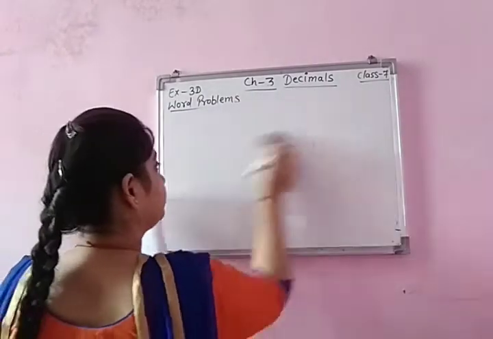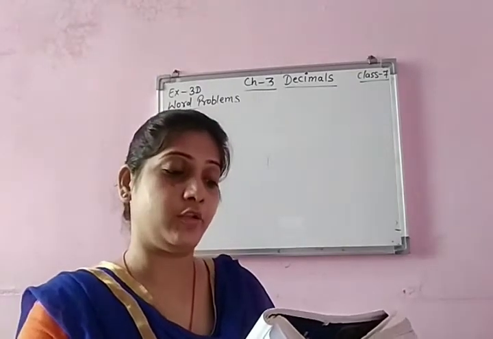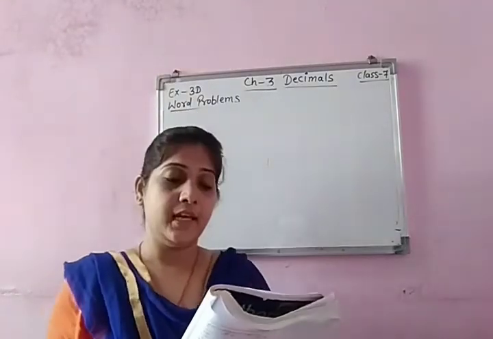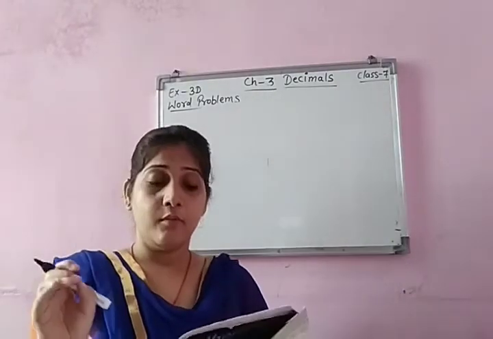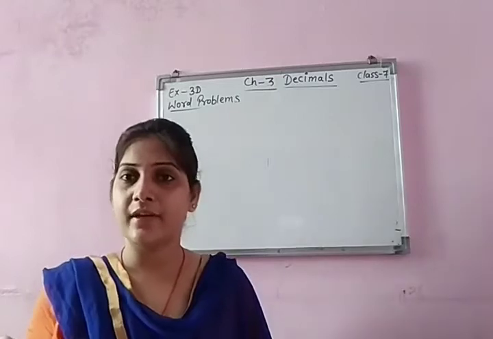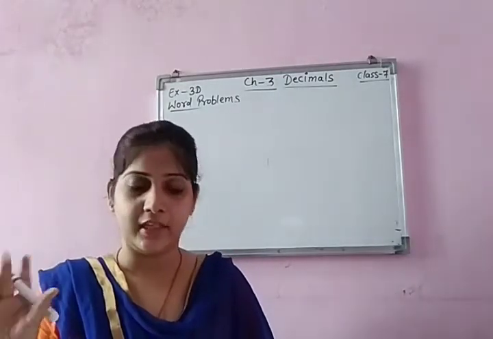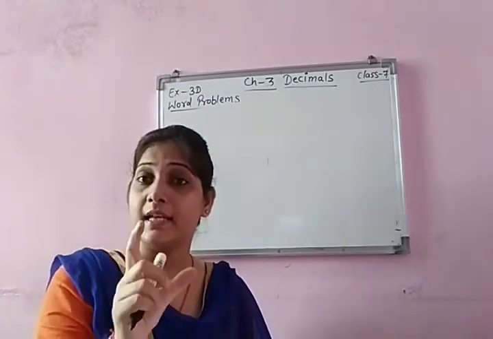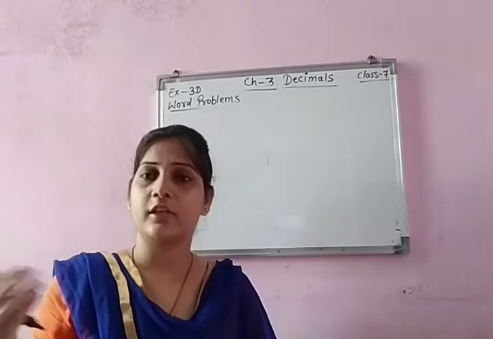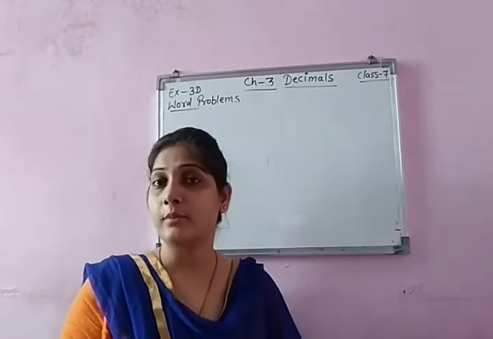14th number. Monica cuts 46 meter of cloth into pieces, 1.15 meter each. It means Monica is having 46 meter of cloth. The total length of cloth is given. And when she cut in pieces, the length of one piece is also given. So can you find how many pieces does she get from that cloth?